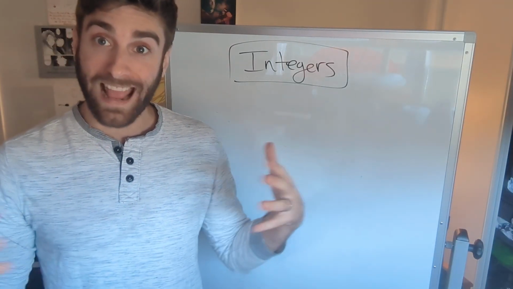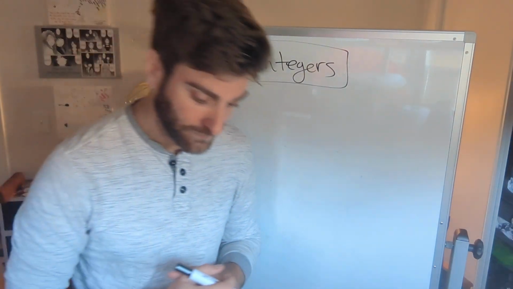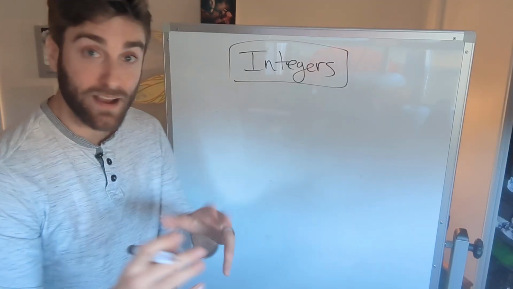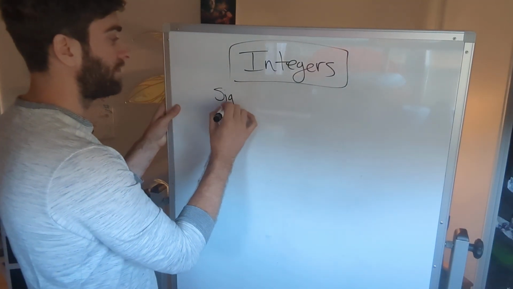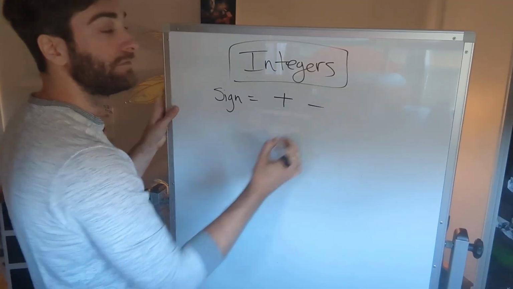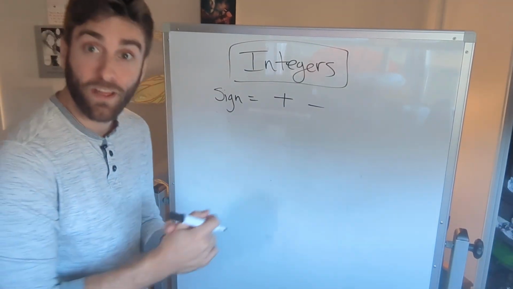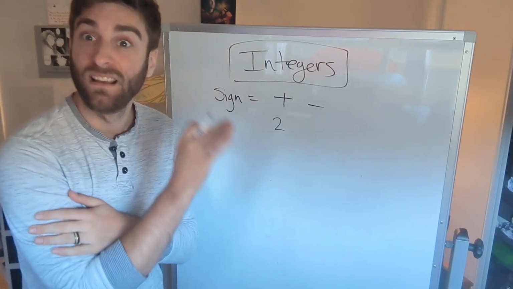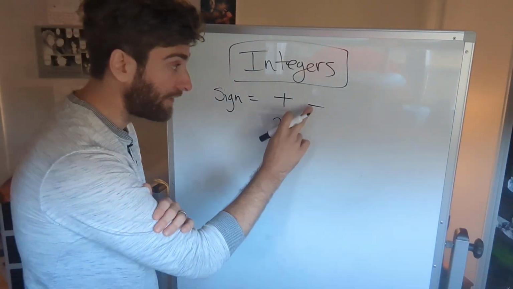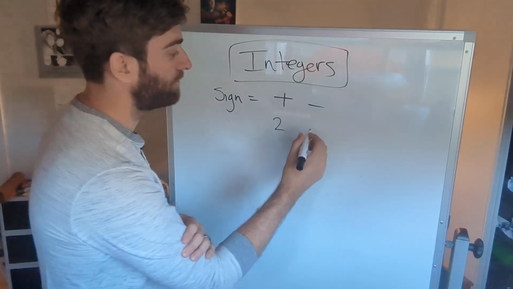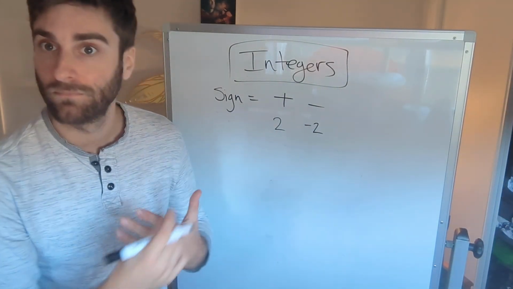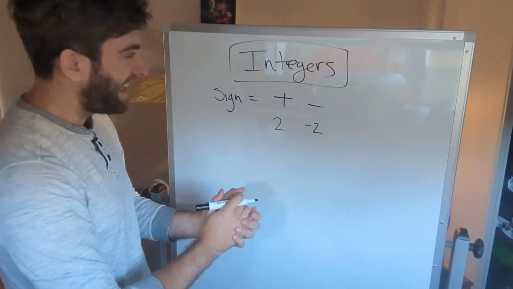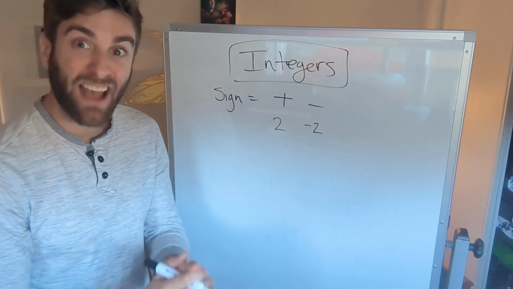All right. So when we're adding numbers together, if they have the same sign, and what I mean by the same sign is a sign is either positive or negative. An example of a positive sign would be the number 2. Right? We don't have to write the plus, it's already there. And an example of a negatively signed number is -2. There we go. Positive sign, negative sign. So, first, if the two numbers we're adding together have the same sign,